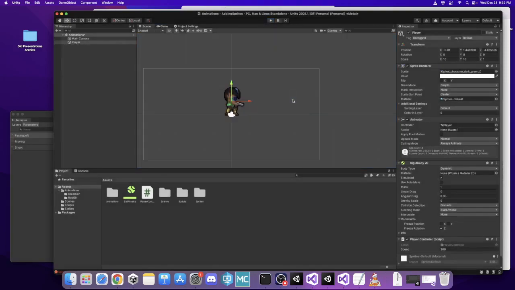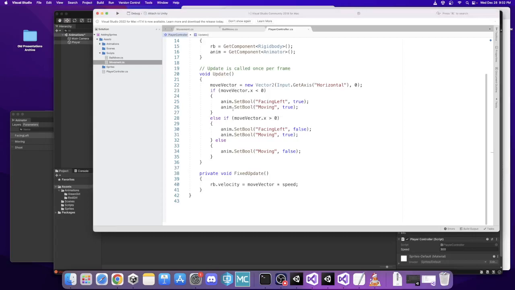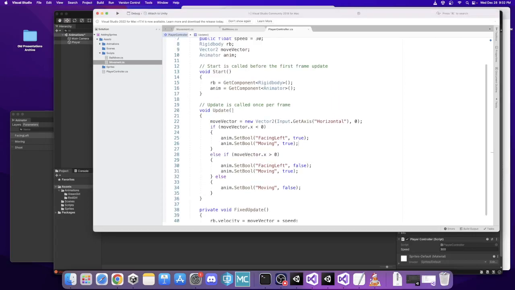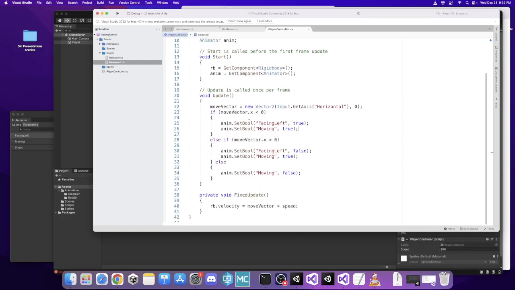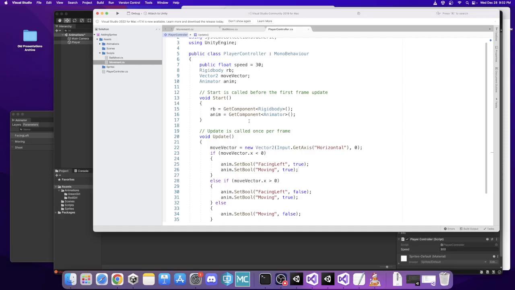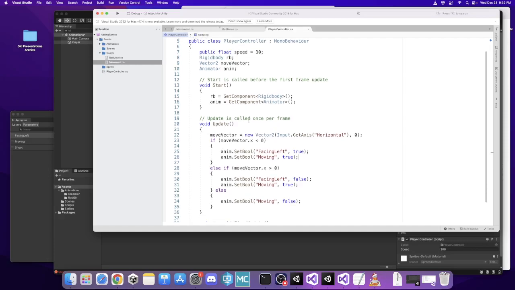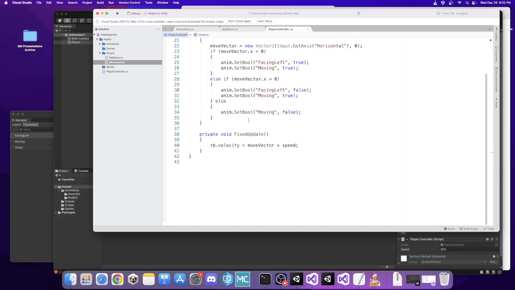But we do have the animation set working, which is really what the goal of the tutorial was. I just want to know why my animation sets, or I'm sorry, why the movement isn't actually good. Let's see, new vector 2, my RB velocity. Not really sure why it's not moving. So I will pause that and check that in a minute, but now I want to work on getting that